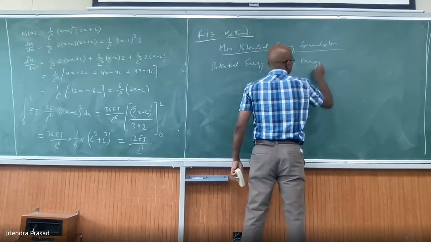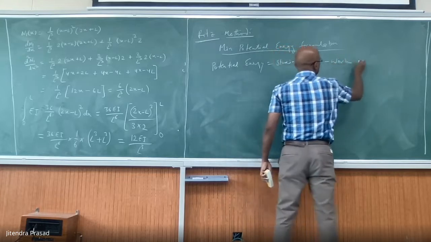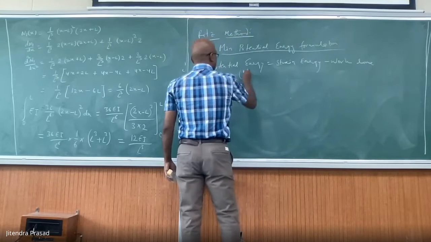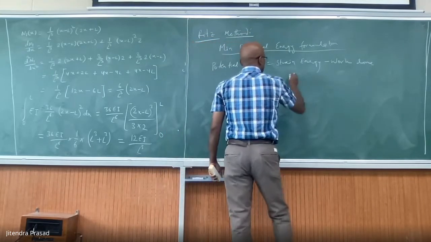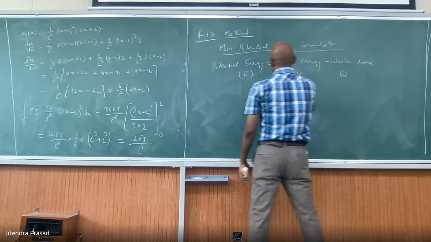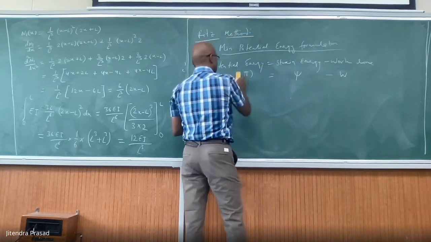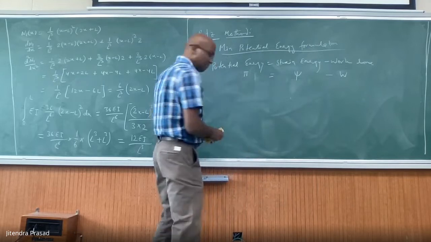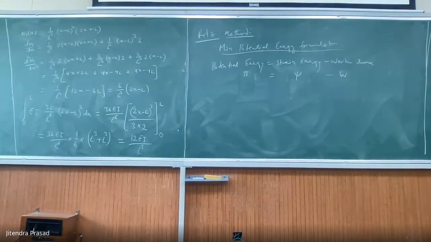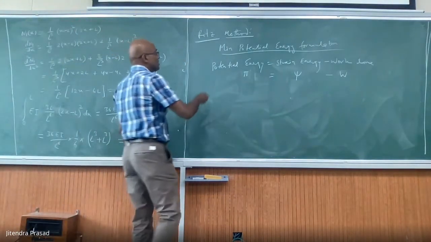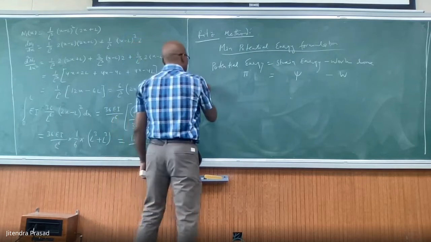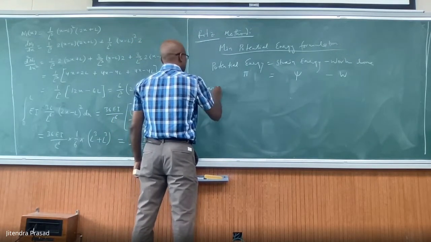Strain energy minus work done, or you say pi equal to psi, strain energy, minus W, right? So pi is equal to that, and that has to be minimized. So minimize pi, the minimum potential energy formulation. What is strain energy? Strain energy is